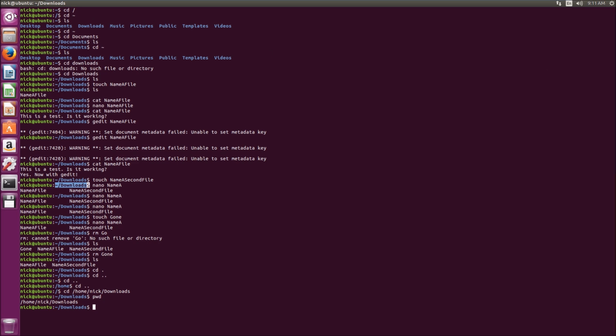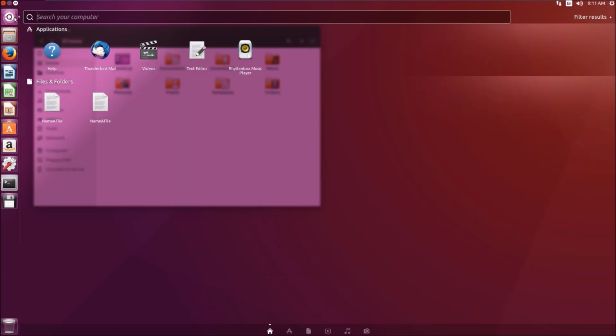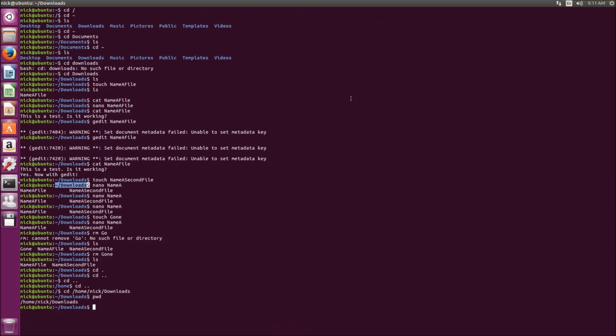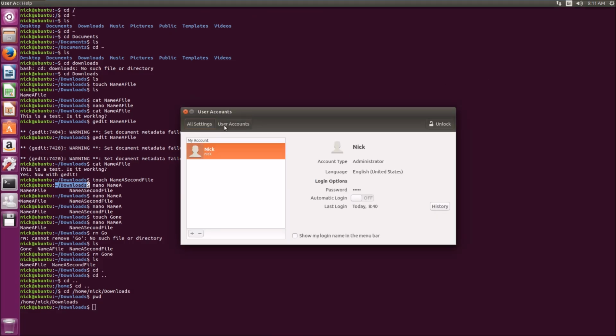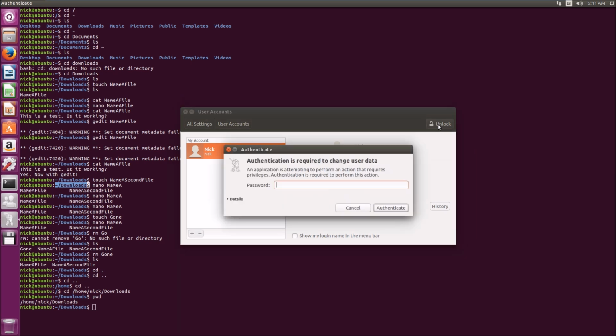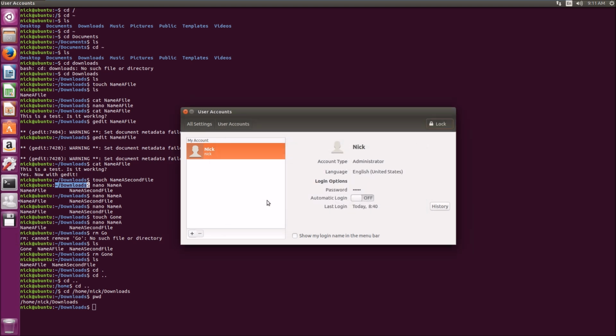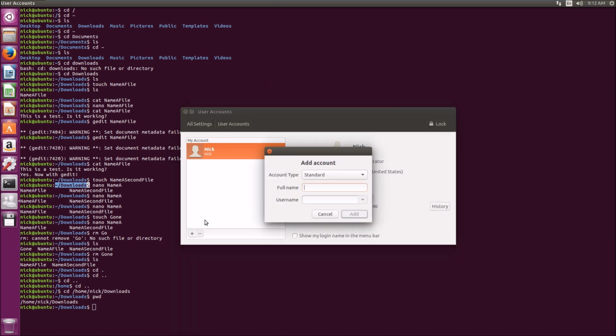Next thing I want to talk about, let's talk about users. So from this little start button up here, you can type in user accounts, and it's going to open the user account page. And here we can see that currently I only have one user, me, Nick, and I can do, oh right, so in the top right hand corner I have to click unlock to make changes. So if I do that, I can authenticate with my password, and now you can see that this is no longer grayed out. I can hit the plus button,